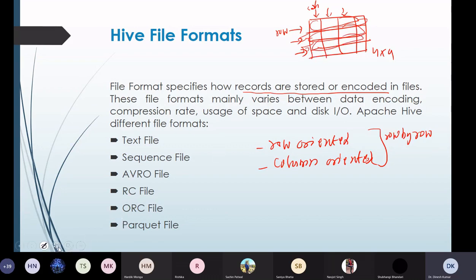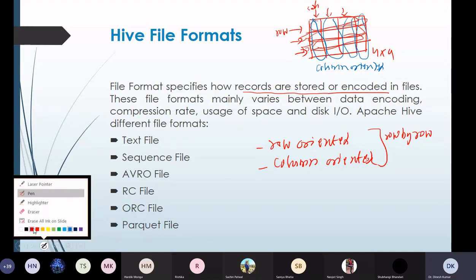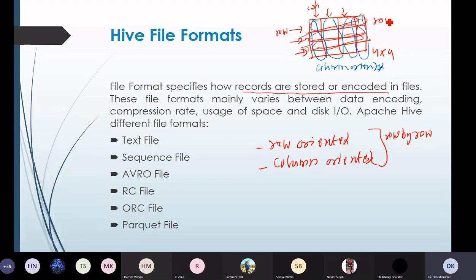Whereas in the case of column oriented, the first column will be stored, then the second column, then the third column, then the fourth column. This is column oriented, and this red color is row oriented.